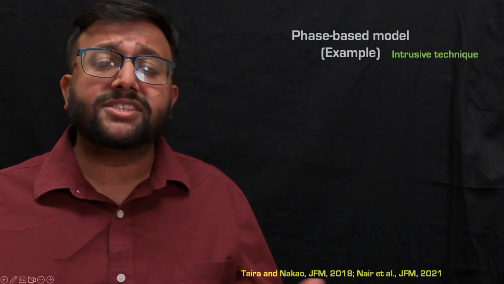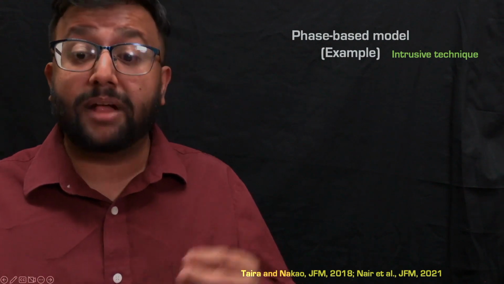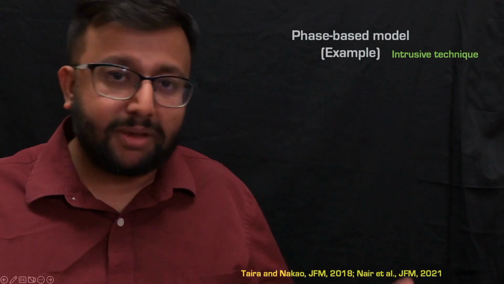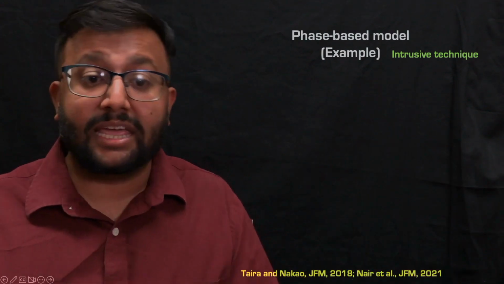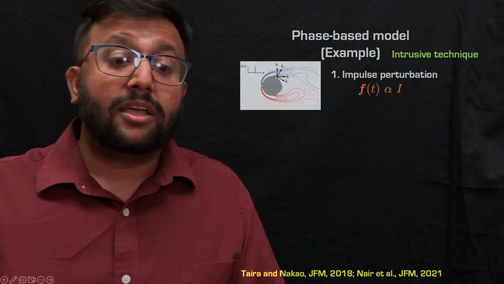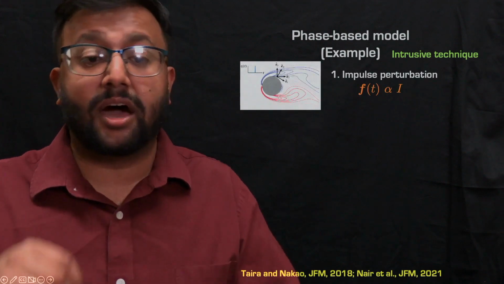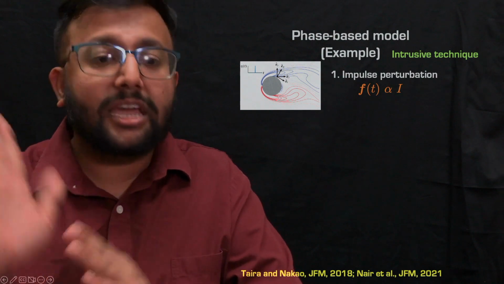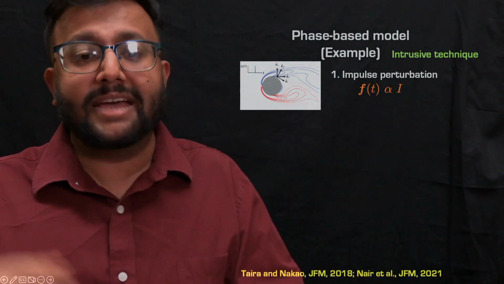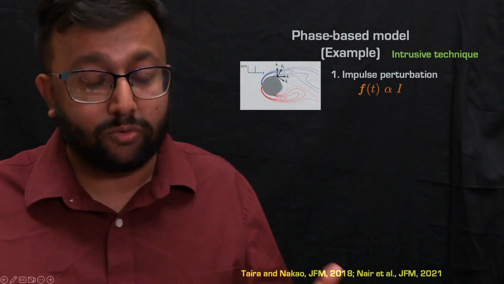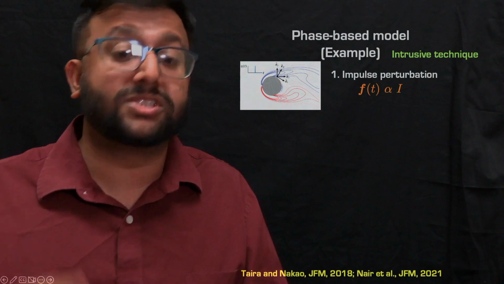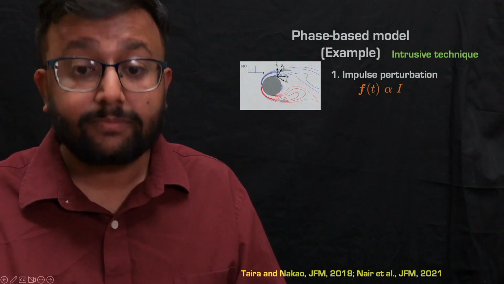Well, for this, we can add some impulse perturbations to the system. So we're going to do similar techniques to what we did in the ERA. We're going to add some impulse responses, and these impulse responses are going to be added in particular directions of the flow. You can choose which direction you want to assess the phase sensitivity to. So you add some inputs in those directions to the flow.